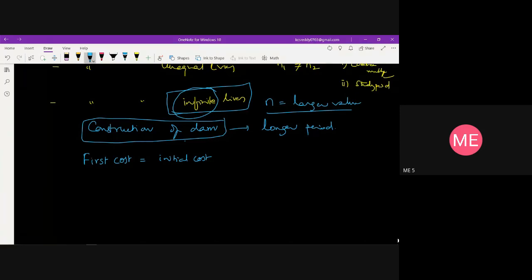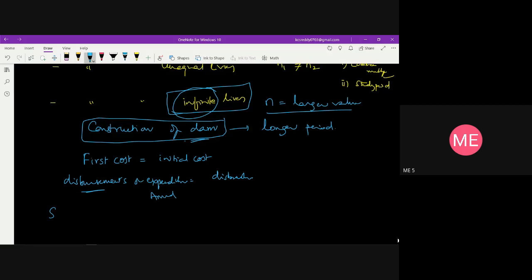Okay, the second one is disbursement or expenditure. Once the construction of the dam is over, we will know the maintenance cost and operating cost for the dam, which we need to take as a disbursement or expenditure. It will be taken as annual. I can represent this as D, just a disbursement.